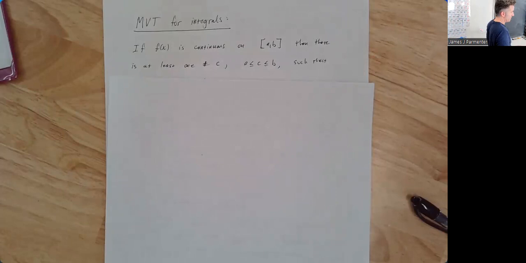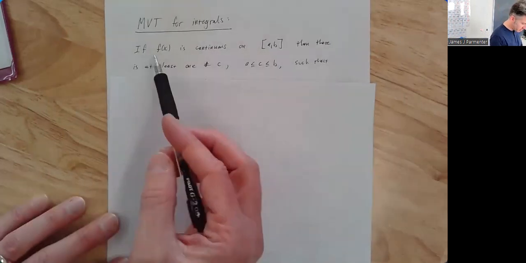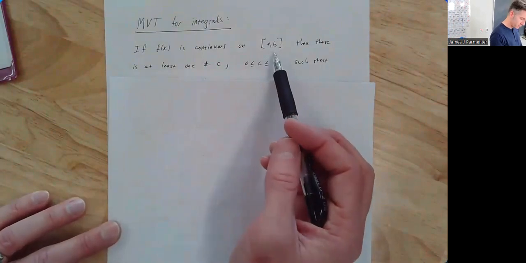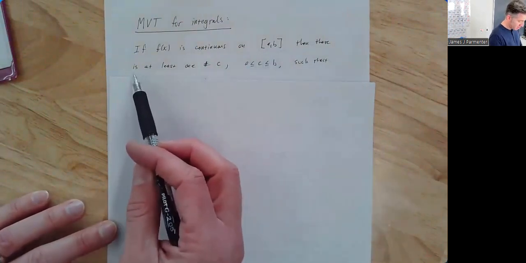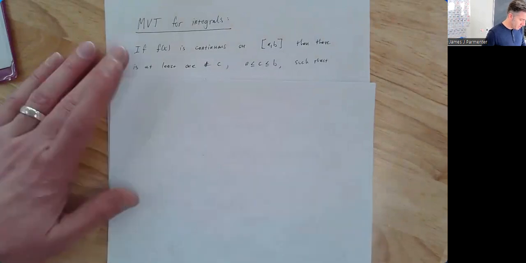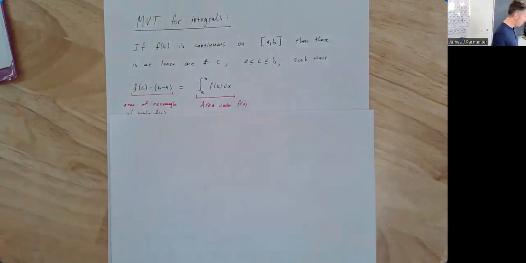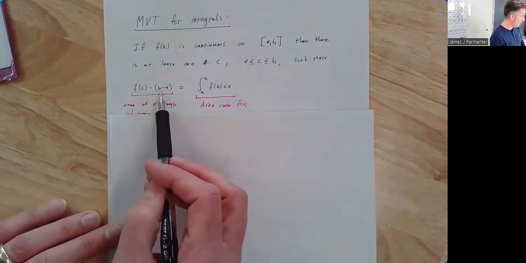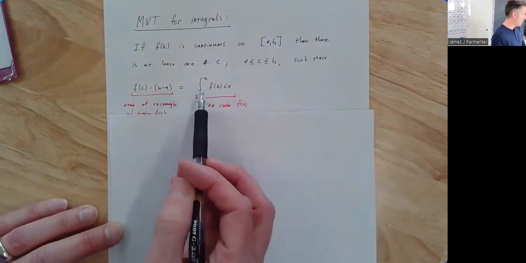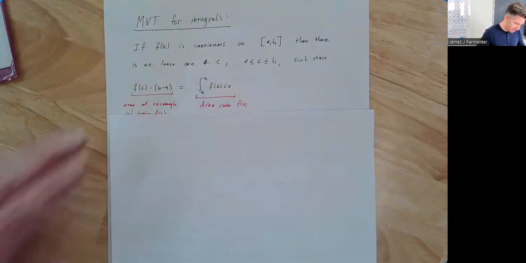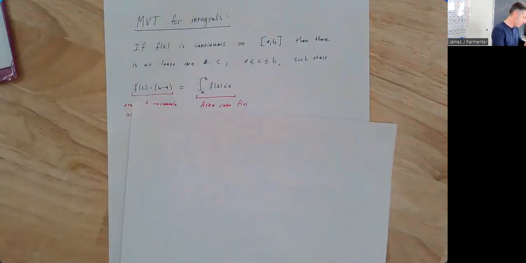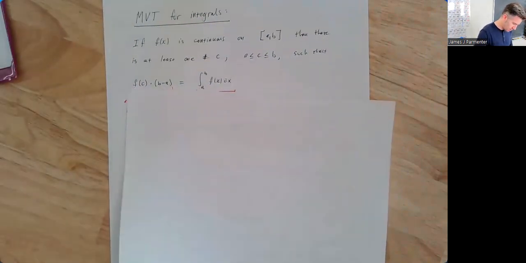Now we're going to do that for integrals. It's the same idea. So here's what we need. We need the function to be continuous on a closed interval. Then we're going to say that there is at least one number c in the interval such that exactly what we want, that f of c times b minus a is equal to the area under the curve f of x, which is exactly, sorry, I just lost my picture here. Keep losing things. Which is exactly what